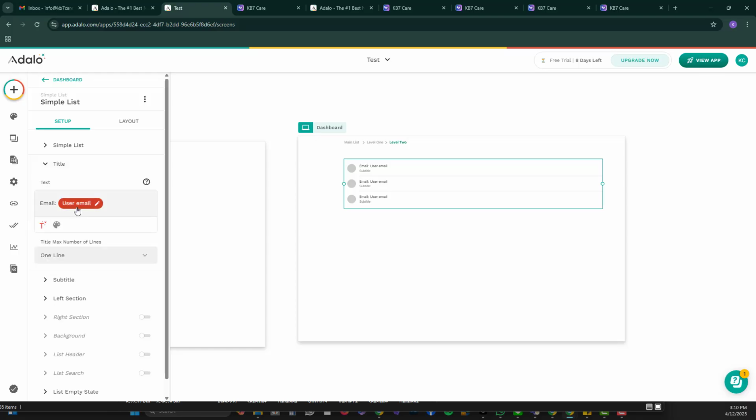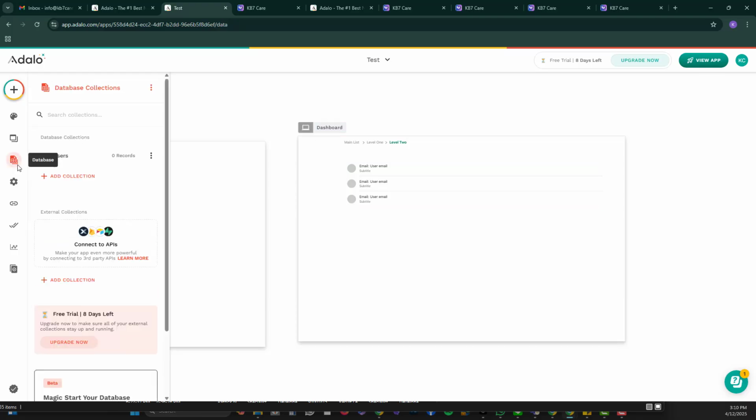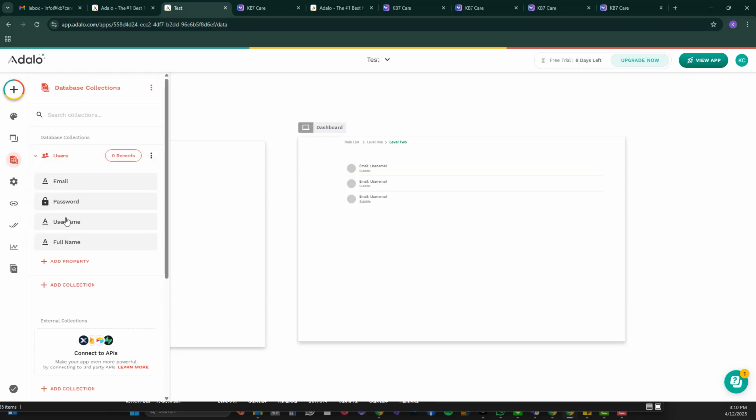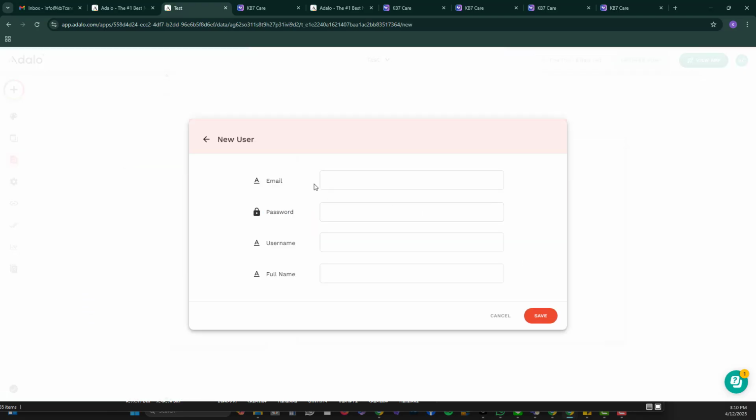So with this one, user email, you can actually find that here. So let's say I want to have my email address in there, then maybe a password, and then my username,